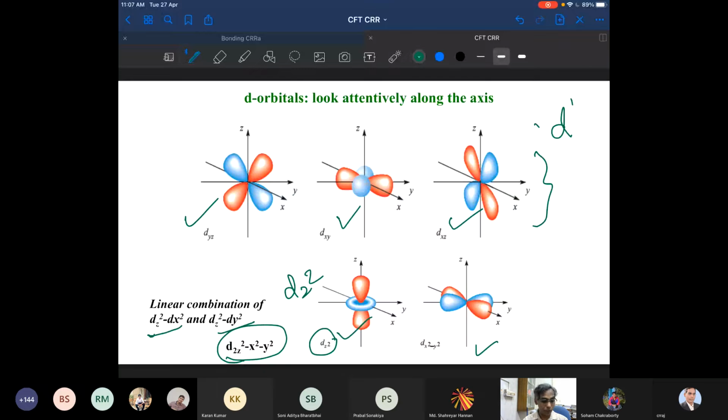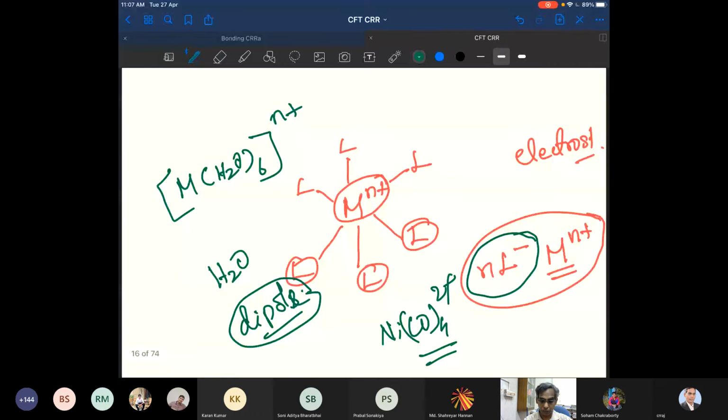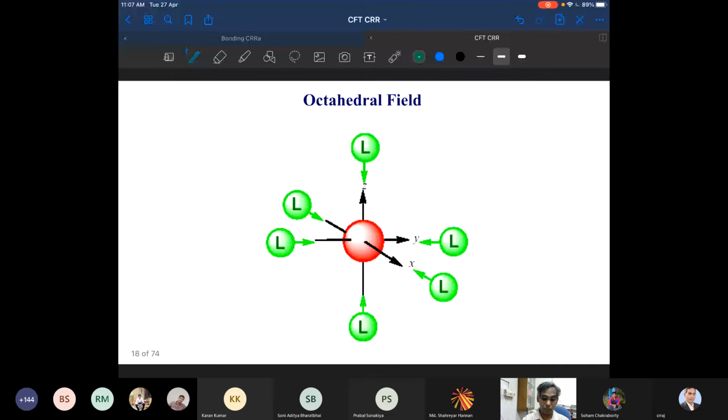Now, here we have the central metal, as I have drawn in the previous slide. Here I have drawn the metal and the ligand. Now what I bring here is the actual model, an octahedral complex. Look at the model I am showing. There I have a gray central metal, and whether you consider these as orbitals or ligands, it will be all right. So this is basically the octahedral model, right?